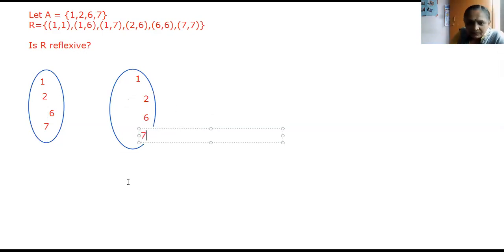Okay, and what you are observing is 1 is mapped to 1, 1 is mapped to 6, even 1 is mapped to 7, then you have 2 mapped to 6, then you have